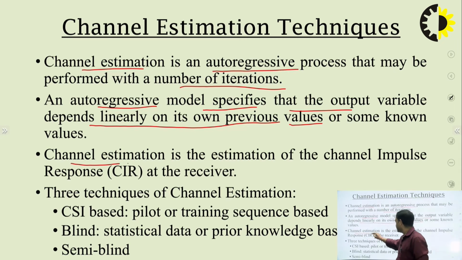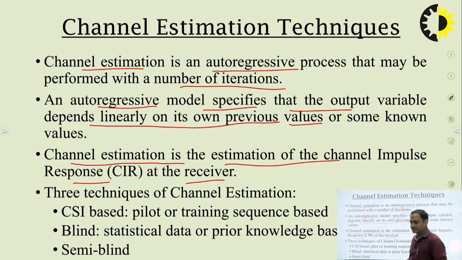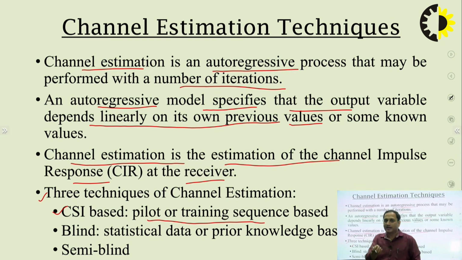So channel estimation is the estimation of the channel impulse response, CIR, at the receiver, as I said. There are basically three techniques of channel estimation. First one is the CSI based. CSI means channel state information based, where we use a pilot or training sequences based method to estimate the channel